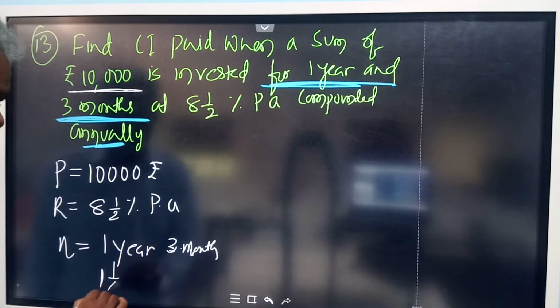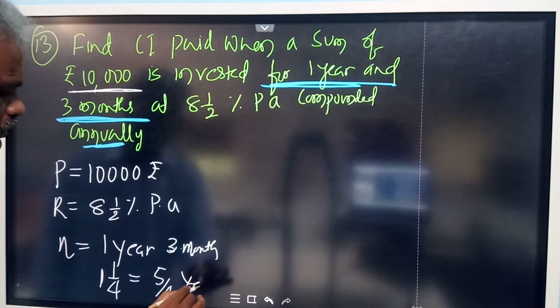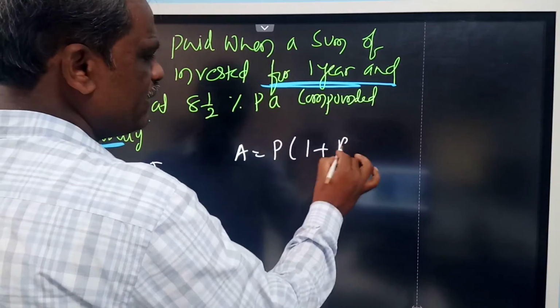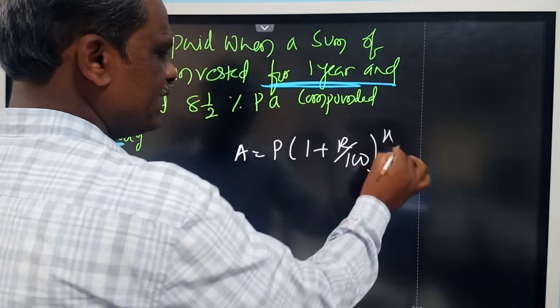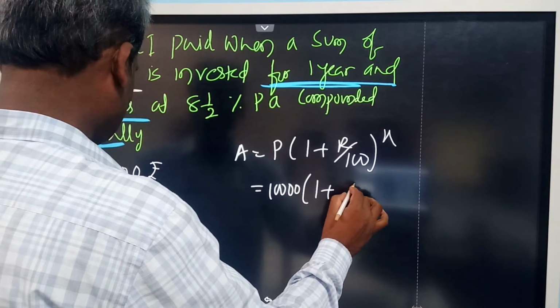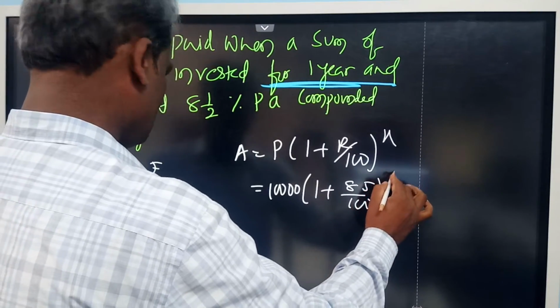1/4 of a year, 1 by 4. So R is equal to 5 by 4. Here, if you use the formula A is equal to P into 1 plus R by 100 whole to the power n, just observe this one: 10,000 into 1 plus 8.5 by 100 whole to the power...